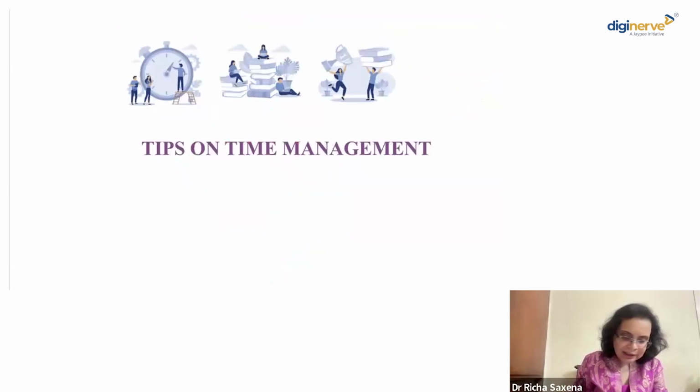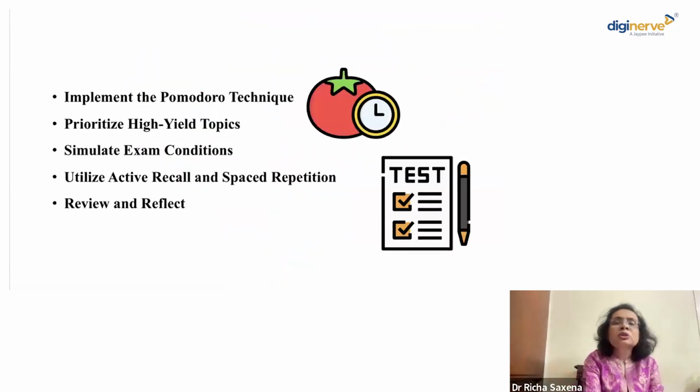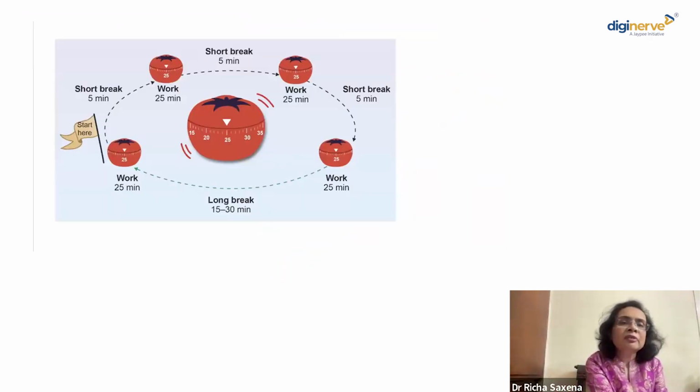So some tips regarding time management. There is a very classical technique, the Pomodoro technique, which is advice that you should follow before any stressful exam. And that basically involves that you divide your study time into 25 minutes each and you take small breaks. So if you study for 25 minutes, you take a 5-minute break, then again you study for 25 minutes. So at least 4 times you study for 25 minutes, and this should be followed by short breaks.